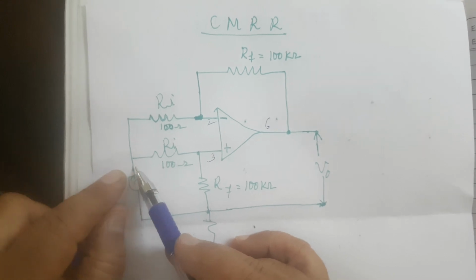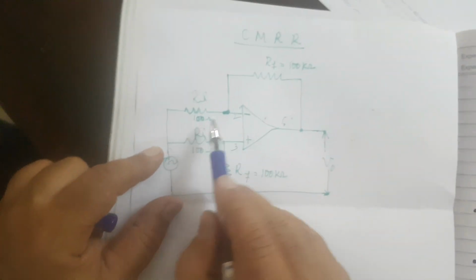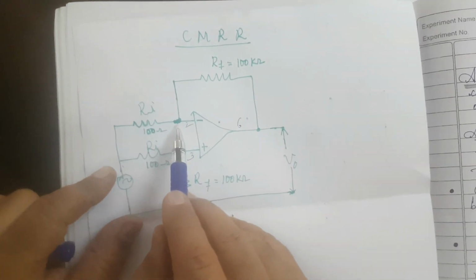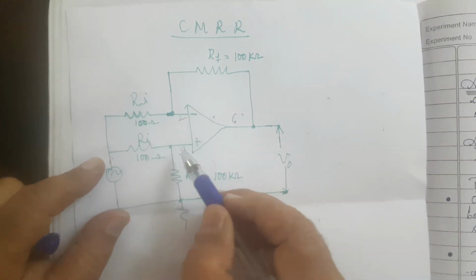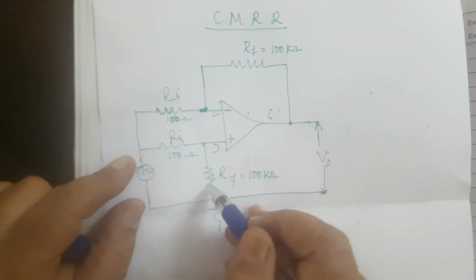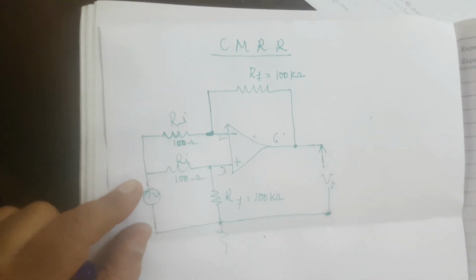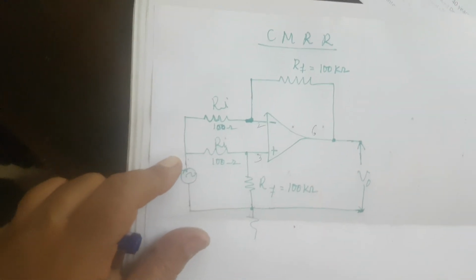and both of them are connected to the common input. Here both are connected to the common input, so we have the same amount of voltage applied to the two terminals, the inverting terminal as well as the non-inverting terminal. Same voltage is applied, you see here 100 ohms, 100 ohms, 100K, 100K. Because it is a differential amplifier, it is going to amplify the difference of the two signals. So if you have, let us say, 1 volt on both sides, then 1 minus 1 will be 0. So we are supposed to get 0, but in fact we are getting a very, very low value.